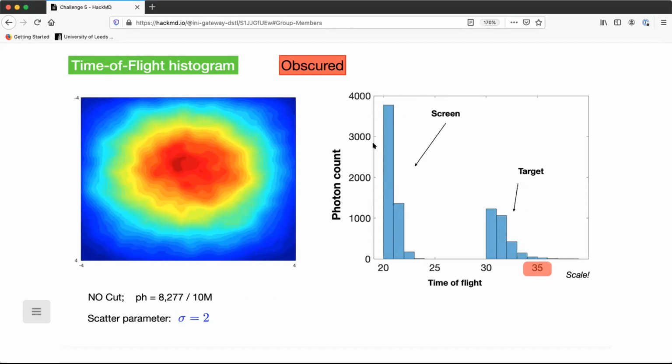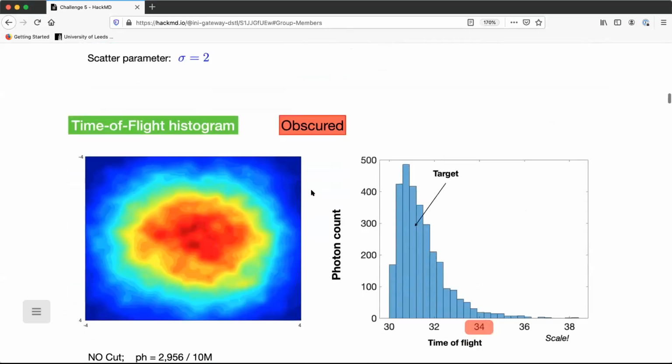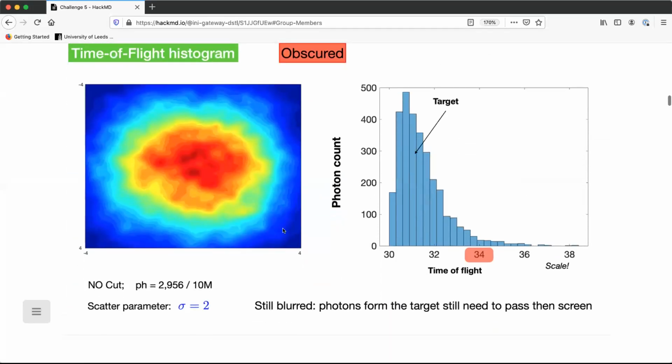So first of all, you could now say, okay, I throw away every photon which comes earlier than, let's say, 28 over C, and then still you get much fewer photons, but you're looking at the photons which at least reach the target. And still it's blurred because you get a broad distribution here. This is 30 meters over C. Basically, you are interested in these early photons which don't undergo any scattering. So we can now apply cuts here as well.